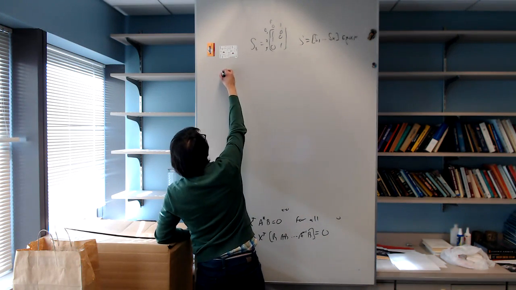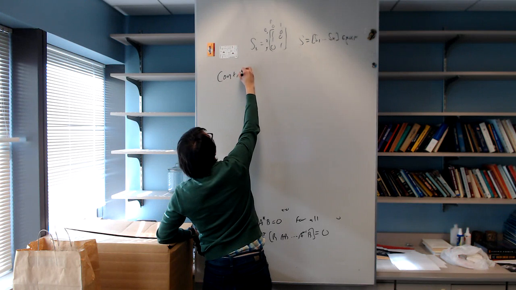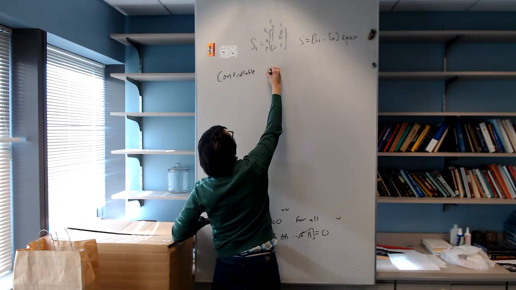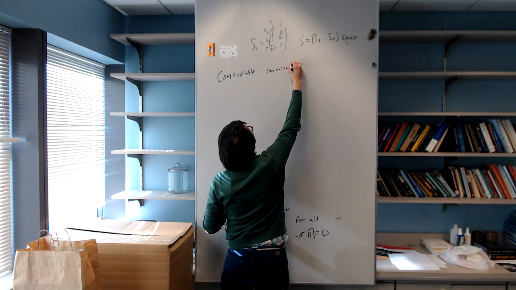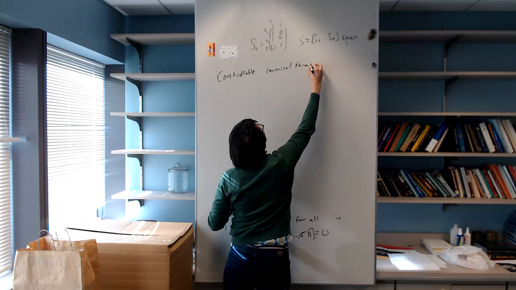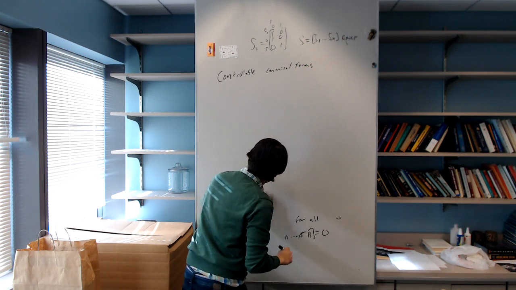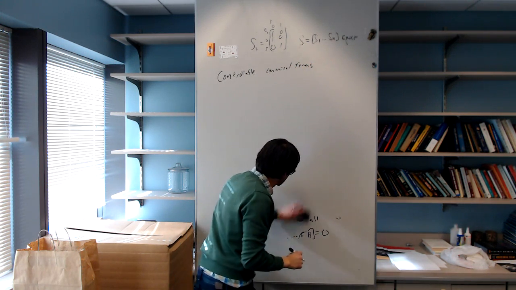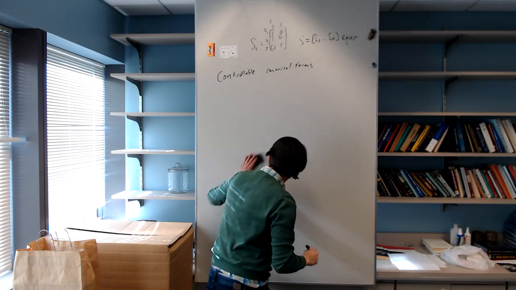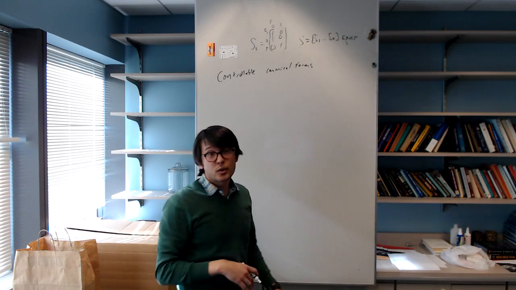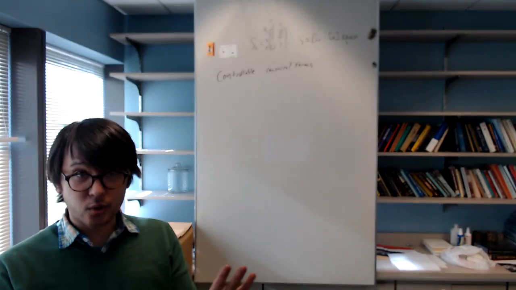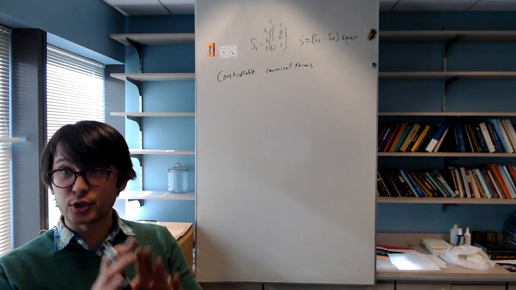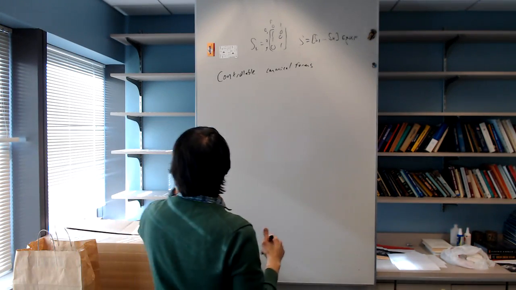So we're going to discuss controllable canonical forms. The main thing that we're going to show in this part about controllable canonical forms is that,